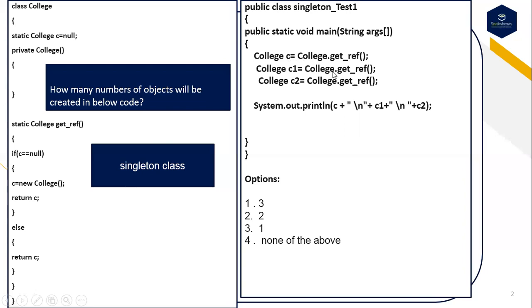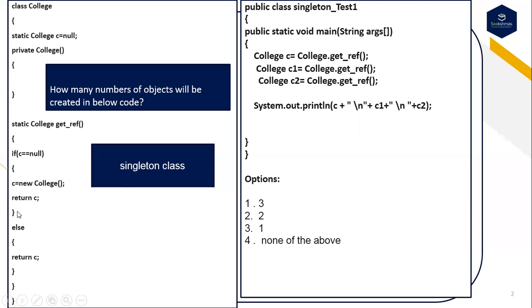And in the same way, again, with the help of the class name followed by the dot operator followed by the method name, calling it will come back to the same getReference method. And here, at this step, C is not null now, so definitely it will go for the else part. In the else part also, we are returning the reference. It is coming back to the same position here. And again, we are trying to call the same method with the help of the class name.